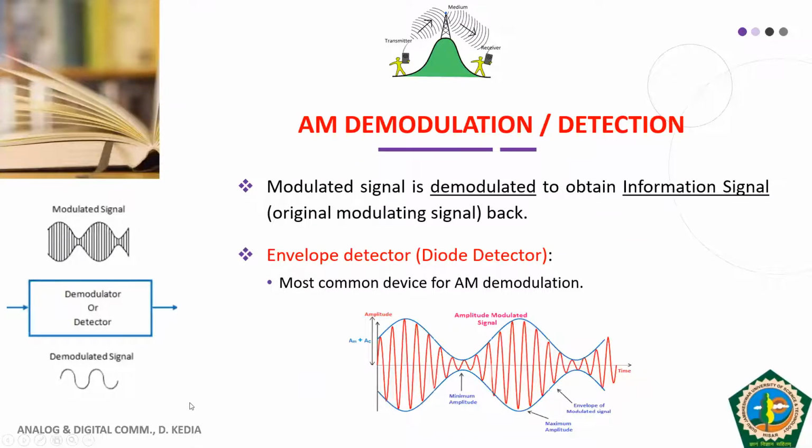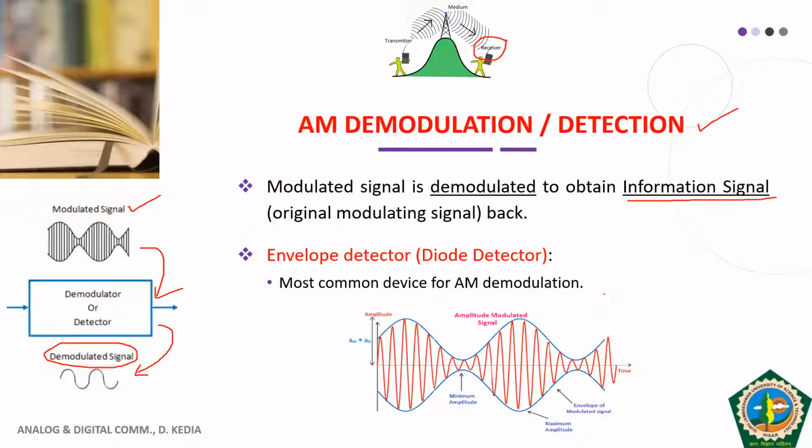So in the concluding remarks of yesterday's class, we had talked about amplitude demodulation. We also call demodulation as detection. And I told you that demodulation means getting back the information signal. Okay, and where do we get our information signal back from? We have the modulated signal. When this modulated signal reaches the receiver side, then we use a demodulator. Fine. And by using a demodulator or detector, we get the demodulated signal. This demodulated signal is nothing but our original information signal.